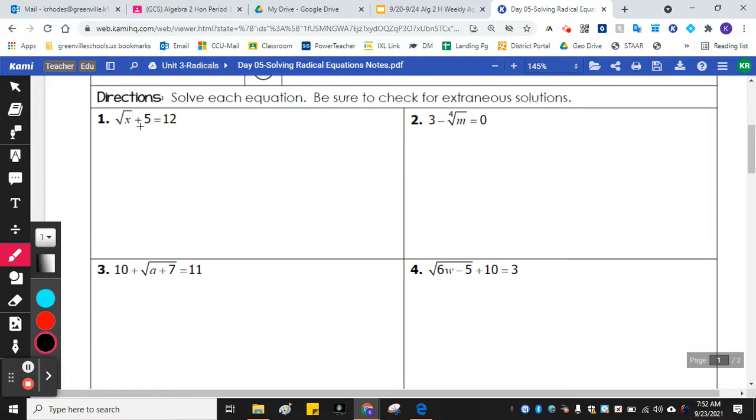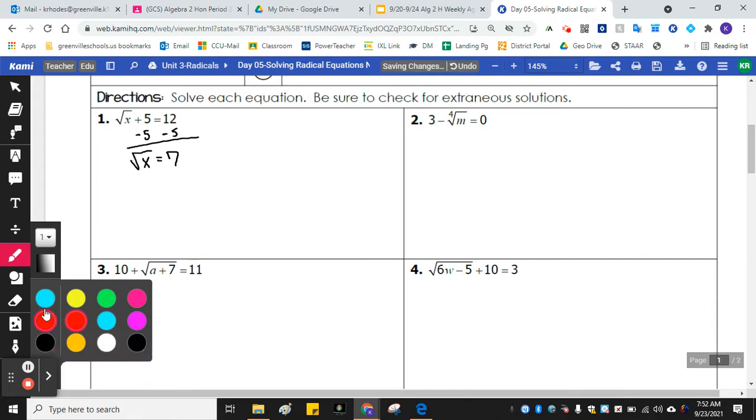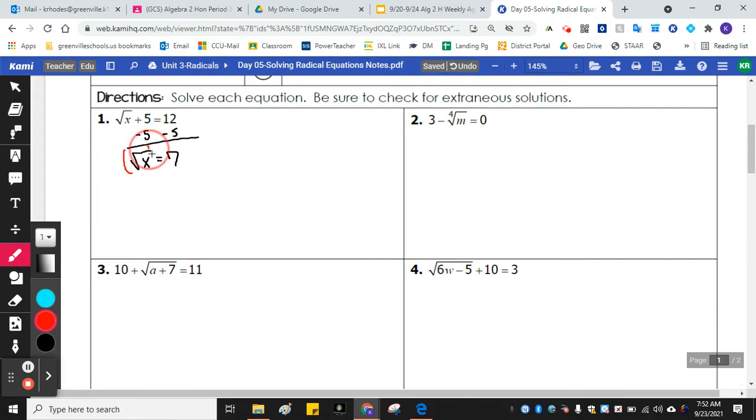So isolate the radical, get the square root of x by itself, because the 5 is not inside of that. So I'm going to subtract over my 5. 7. All right, this is the square root. To get rid of square root, you square both sides. Square root and square cancel, so you just get x, and the square of 7 is 49. So x equals 49. When you go plug it in to check it,